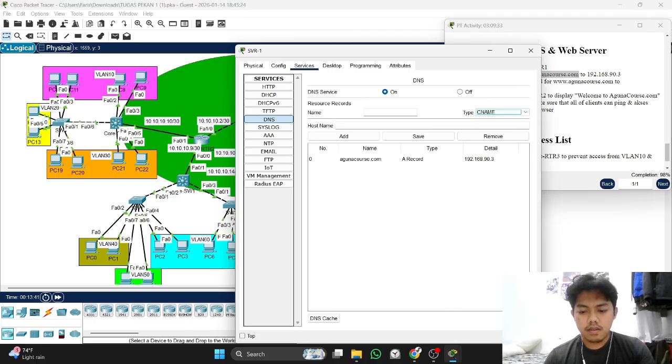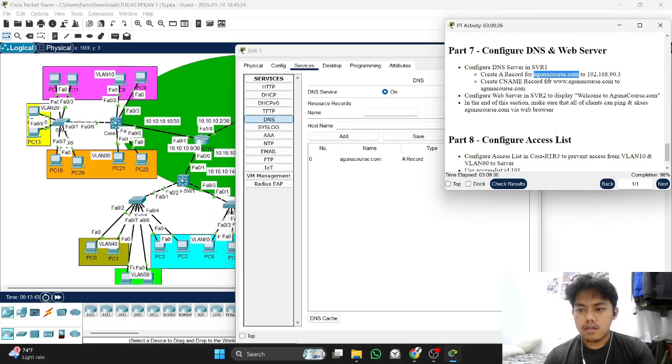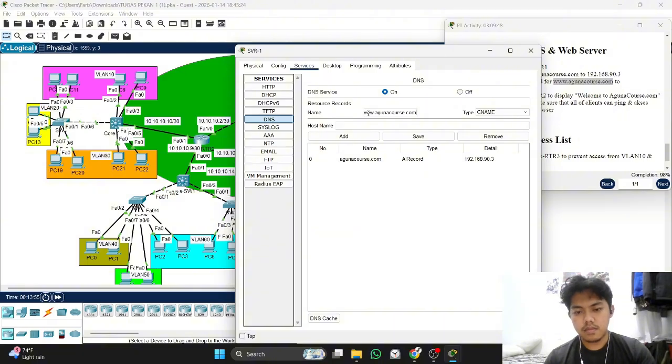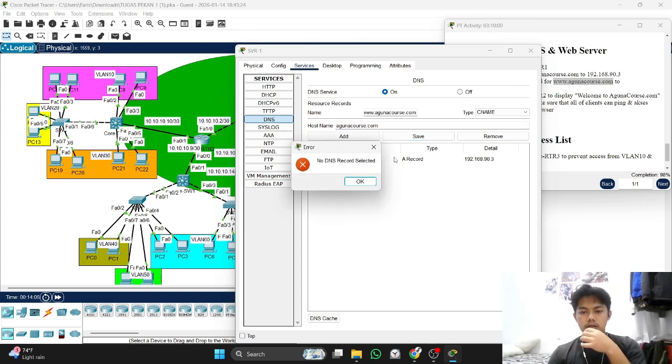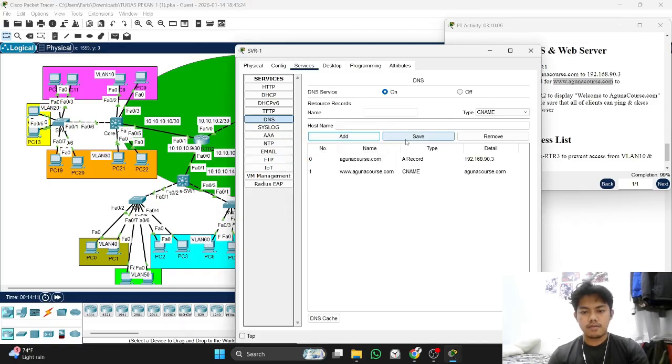Now, just copy it. For this one, for agunacourse.com, we erase the www. Then we add. Okay, okay. And now